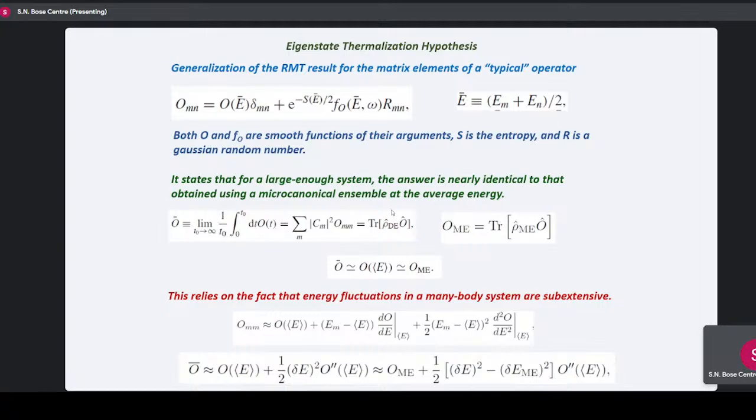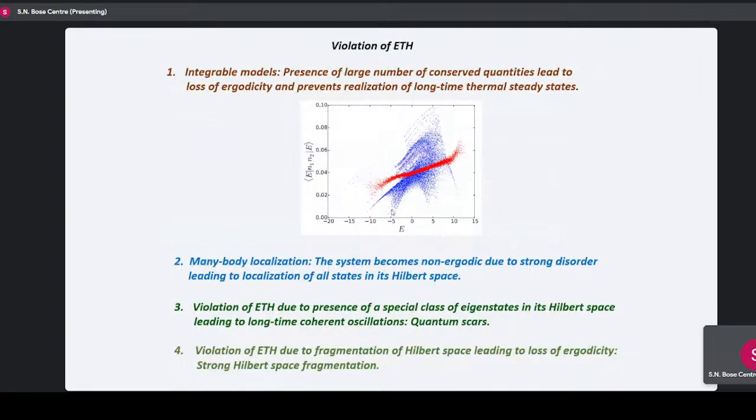So this essentially tells you that if you look at the time evolution of a given operator, at long enough time you go to a steady state, which has a fixed energy density and therefore a fixed temperature, and this essentially is the thermal state. If you apply this to a driven system, it just goes to an ensemble where the effective temperature is infinite. So that's the infinite temperature state. The prediction of ETH is that it will always be a thermal steady state, but this relies on ergodicity, and therefore there are cases where this doesn't work.